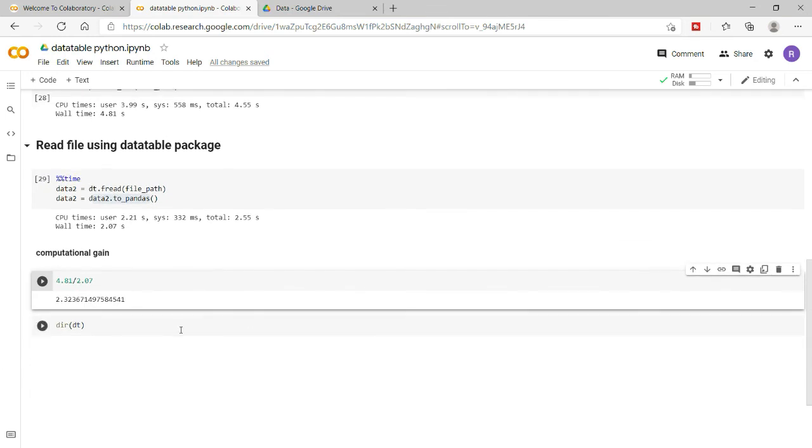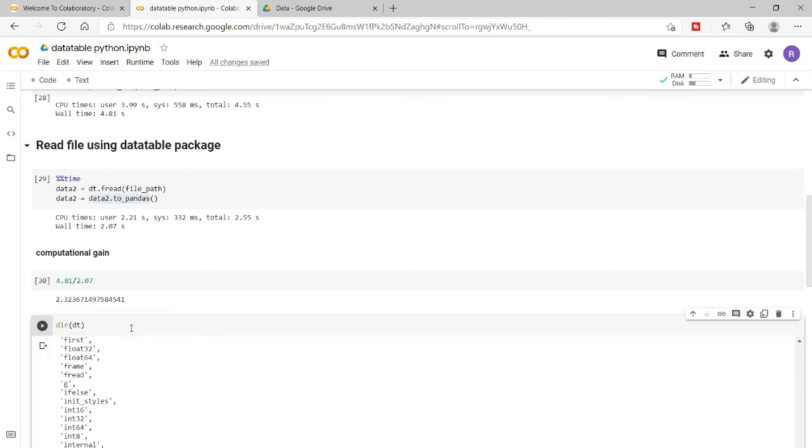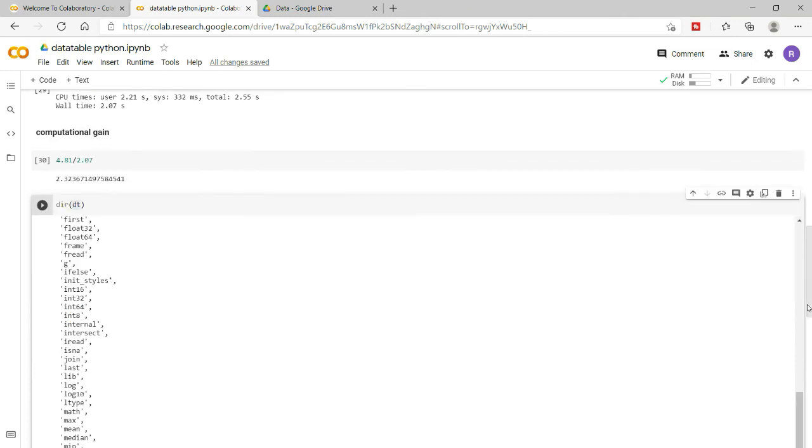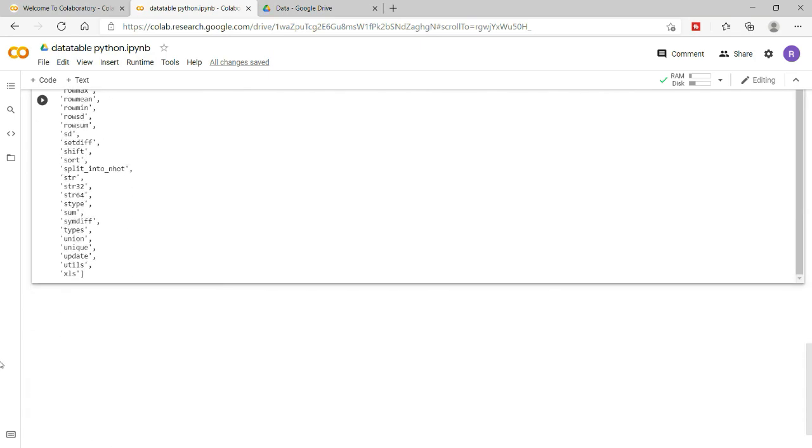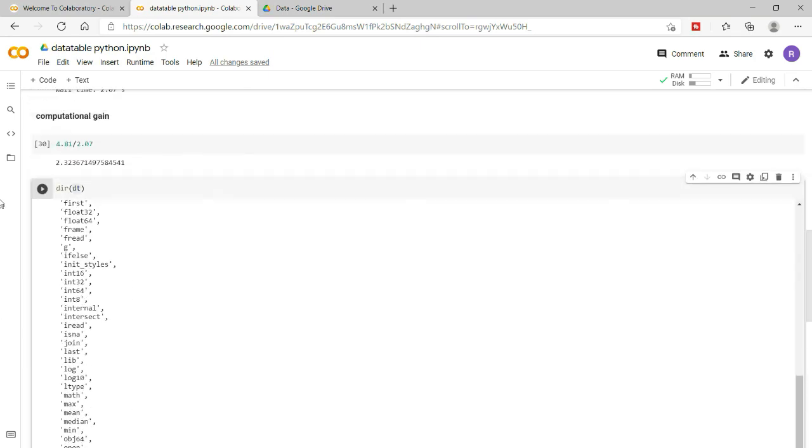As I said at the start of the video, using the data table package speeds up our data processing multifold. Now if you see dir(dt), you remember that I imported data table as dt, so this shows everything about the data table package. Whatever we have in the package, you can list down all the functions like this and take a look.